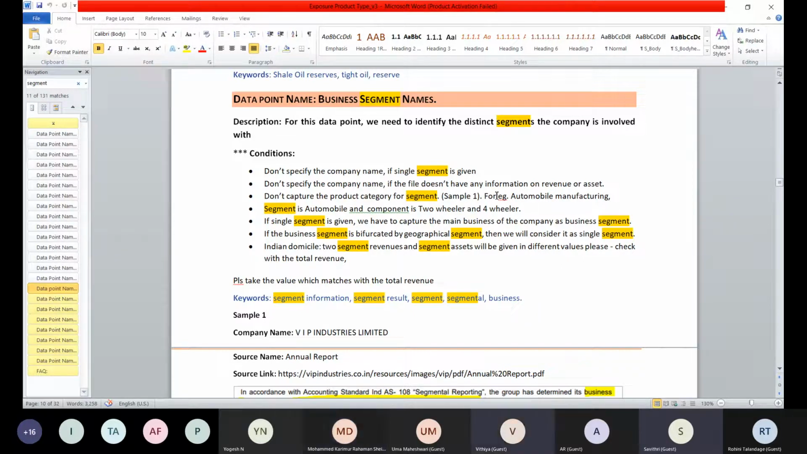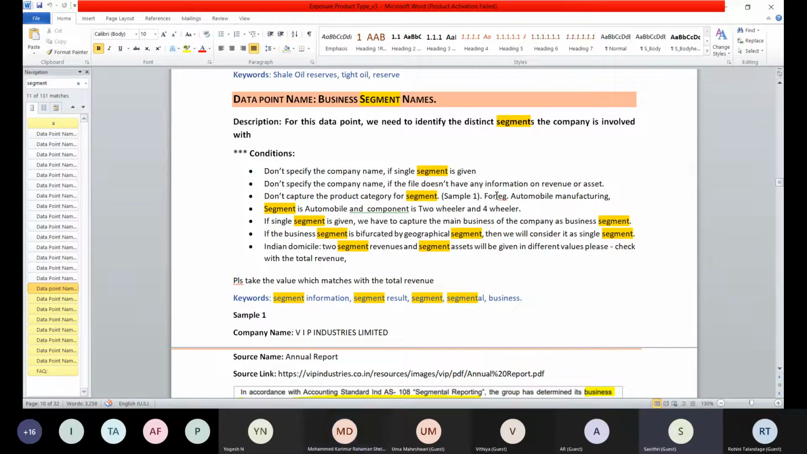The next condition is, if the business segment is bifurcated by geographical segment, then we will consider it as a single segment. In some cases the disclosure will give the revenue breakdown geographically. For example, from America we generated this much revenue, from India we generated this much revenue, and totally this is our revenue. There will be some disclosure like that, but nothing related to what kind of business they are doing. In that case also, we need to capture the main business of the company